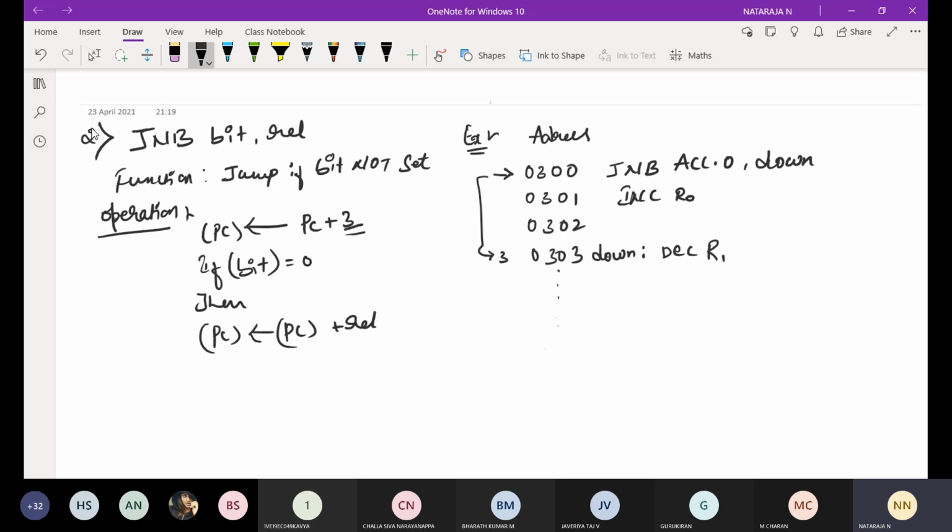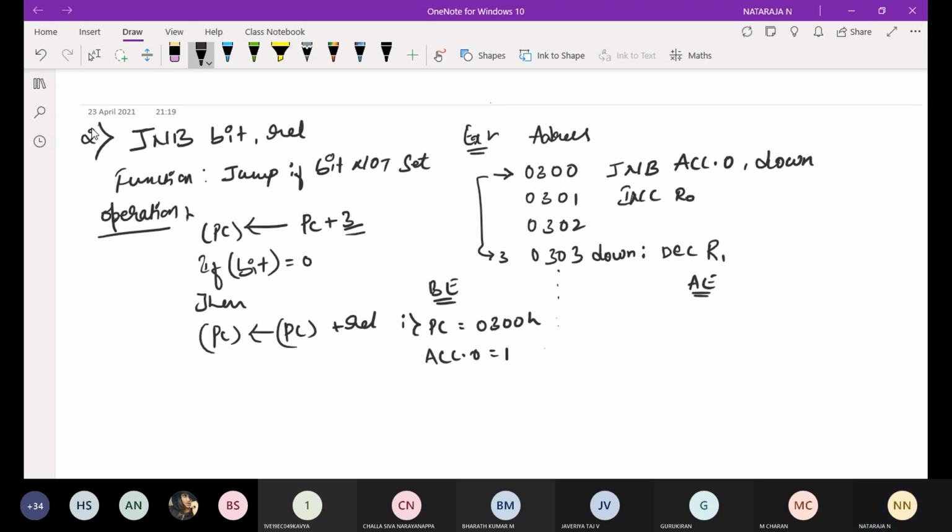We can take this before execution and after execution. Before execution, the program counter is equal to 0300H. Then accumulator dot 0 is equal to 1, so it is set.